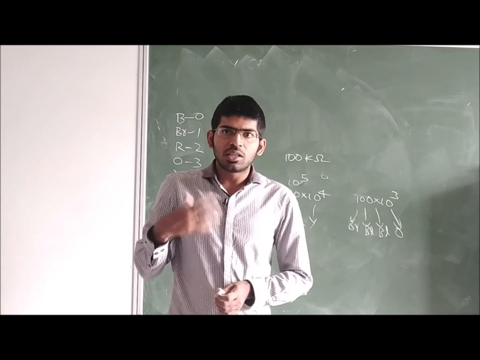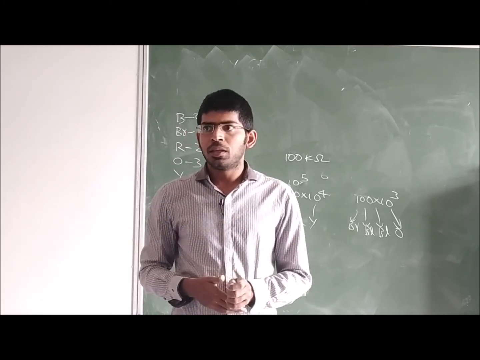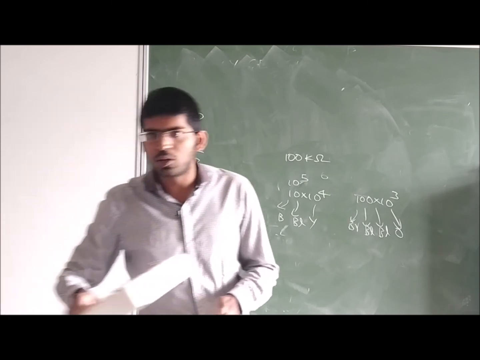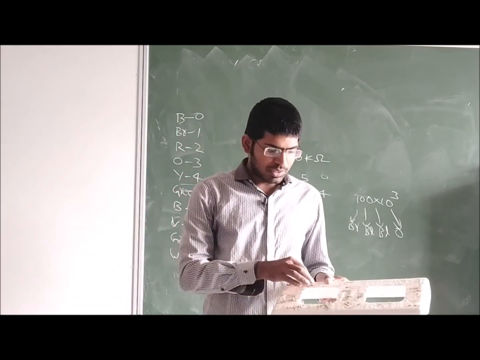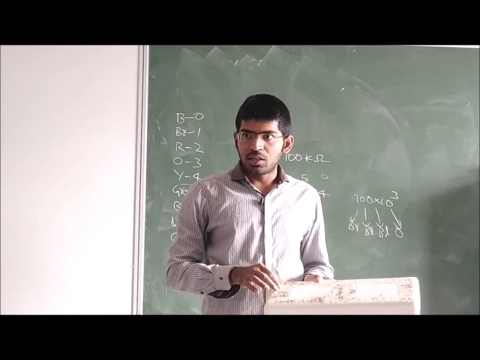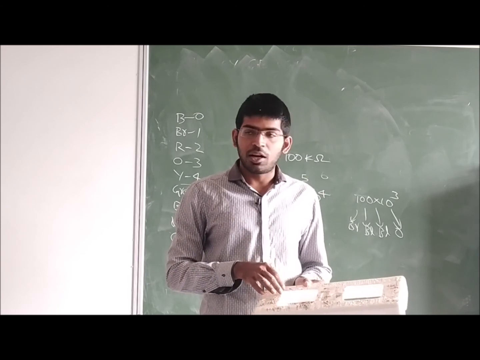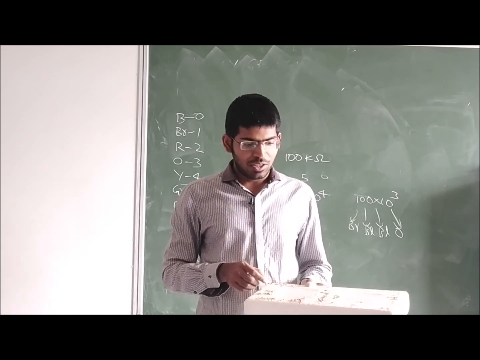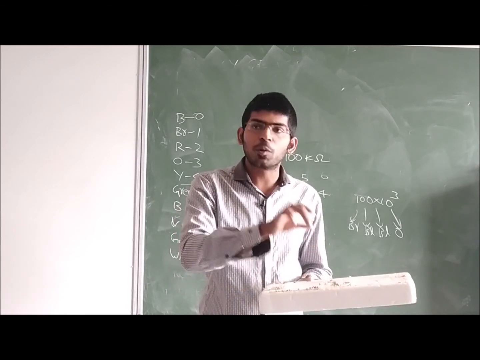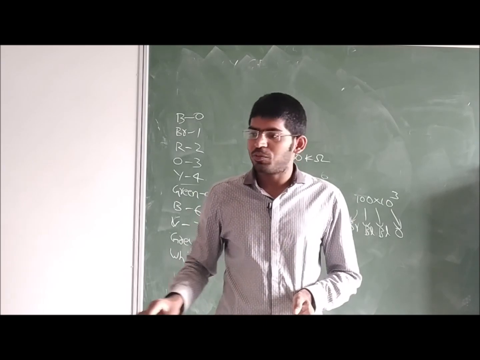Okay, this is how you can practice as many values as you can, and also we will give some resistors in the laboratories. By seeing the color bands you can find the resistance value, and also we will give some value. Pick up a 1 kilo ohm resistor, then by using the color code you have to pick up the 1 kilo ohm resistor. Okay, that is one experiment in the laboratory, we will do that.